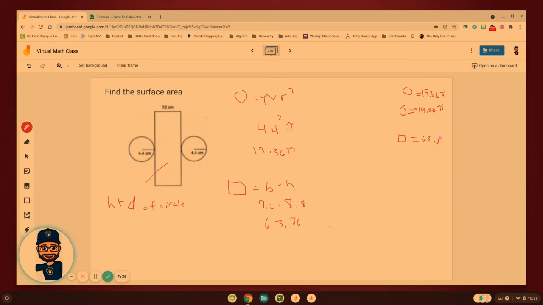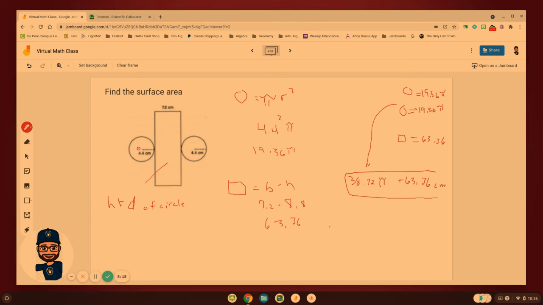add like terms together. So I can only add these two pieces together, or 3872 pi. If I add the two circles together, I'm going to get 3872 pi plus the rectangle, which is 63.36, and we're going to label that in centimeters. So again, we've got to look back to a lot of our formulas. This case was circle, this case was rectangle, but in a cylinder, the height for the rectangle is the diameter